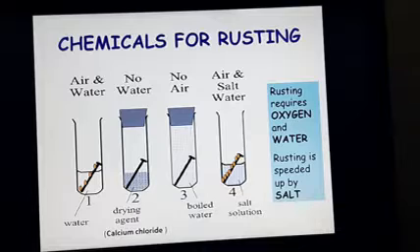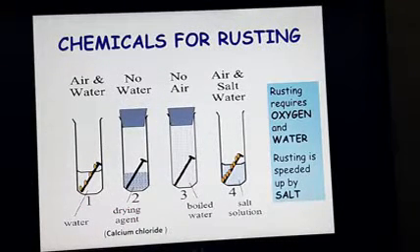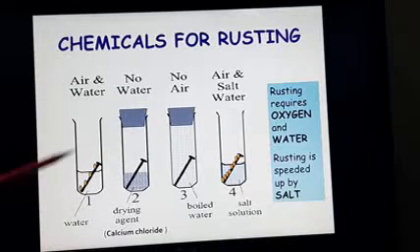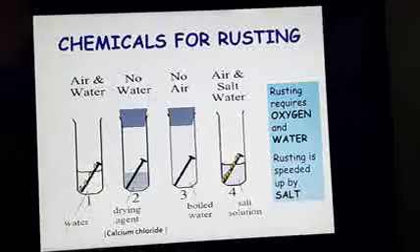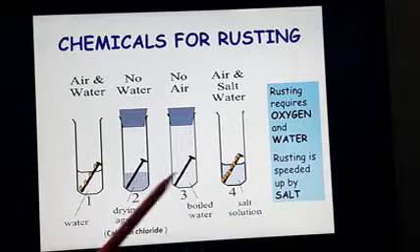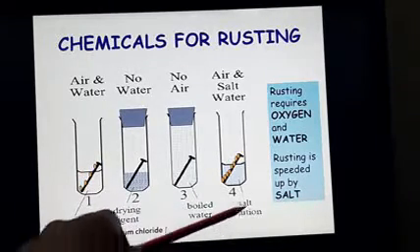And all these 4 test tubes are kept for some time, and after some time we will notice that the first test tube and the last test tube, since they had all the ingredients, that means they have the iron, the metal, they've got air and water, so corrosion will take place. The last test tube also, you'll find more corrosion taking place, just telling us that salt helps or aids the process of rusting or corrosion.